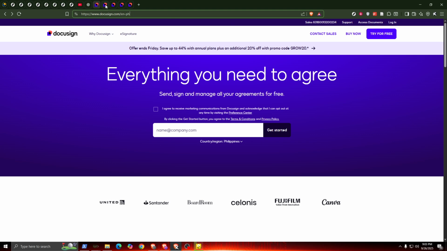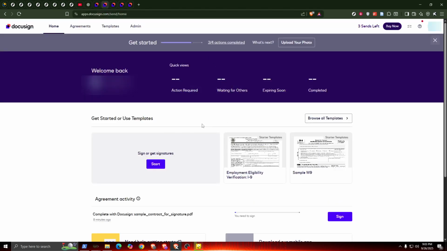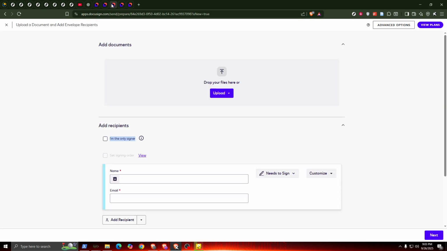Here you'll notice the Start button. This is where you'll begin the process of uploading and signing your document. Click on Start to proceed. You'll then be directed to a page specifically for uploading your PDF. Here you can either drag and drop your file directly or click on the upload option to select it from your device. This step is crucial as you want to ensure the correct document is chosen, so take a moment